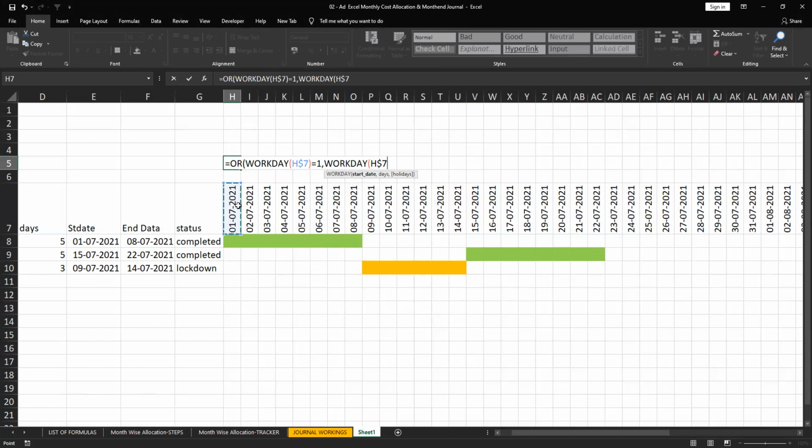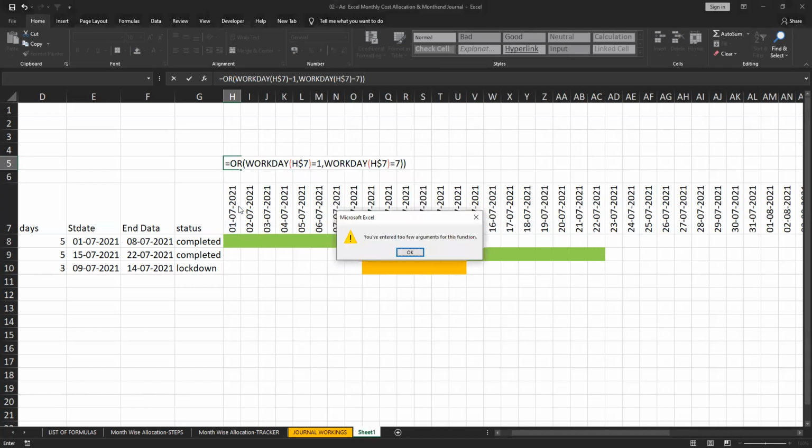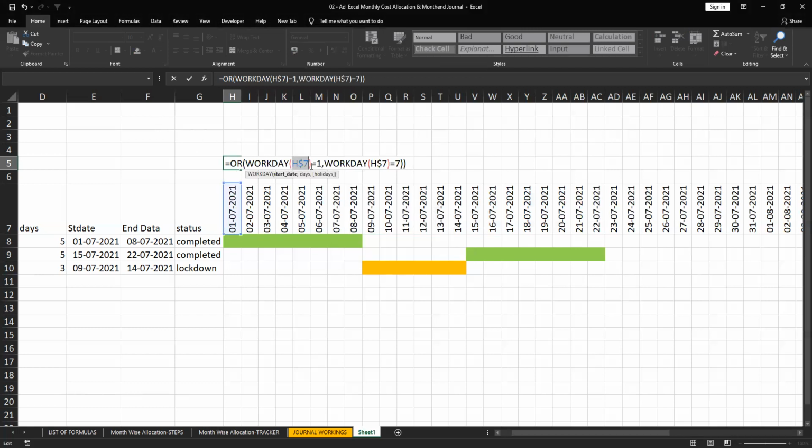So fix 7 equals 7. It's a problem. Is it correct? Is the logic correct?